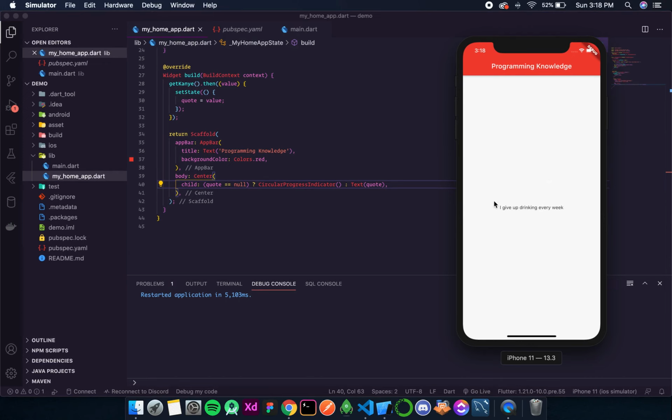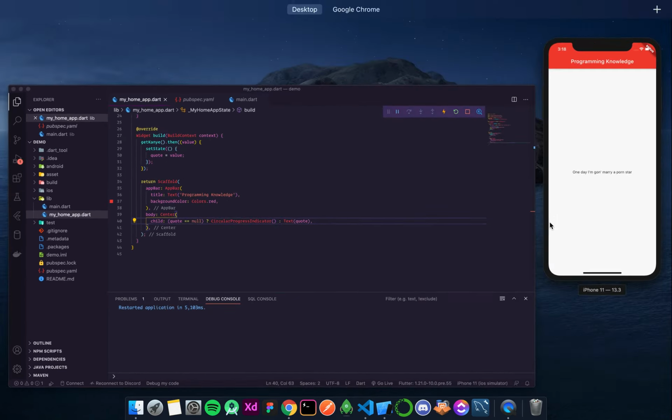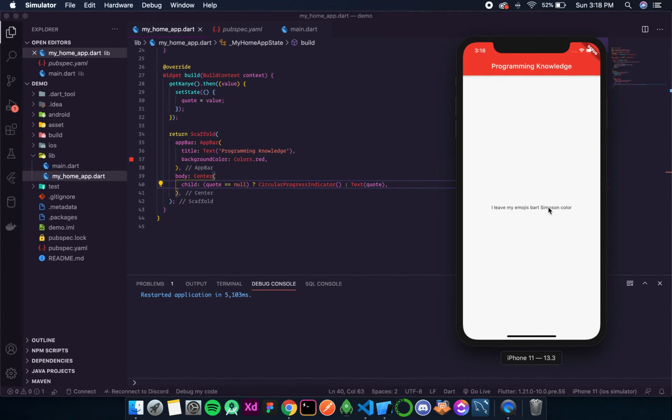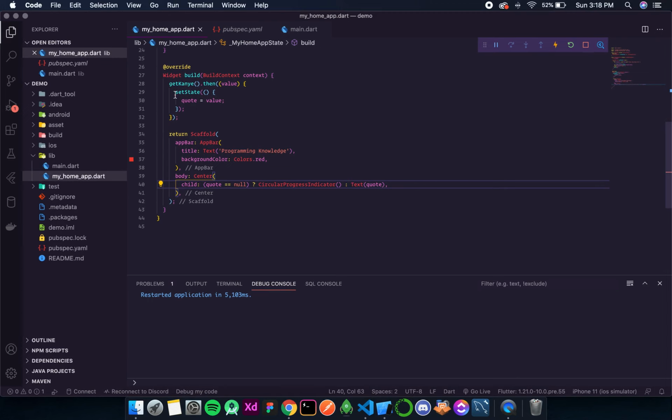Now you can see it keeps on updating, it is not stopping, and that is because we have an error in our program. The reason that it keeps on updating is that we are calling set state inside the build method.